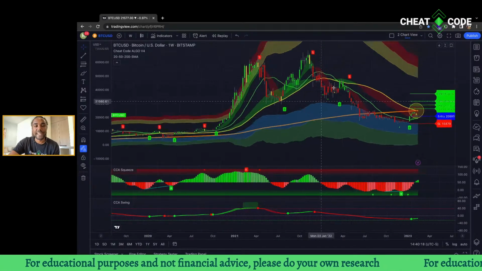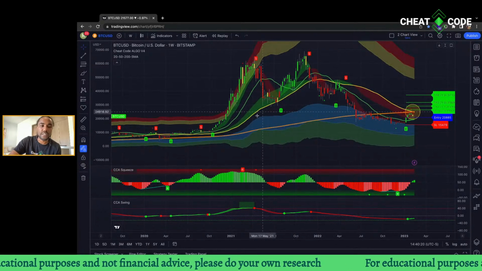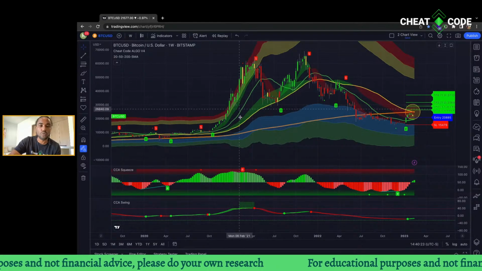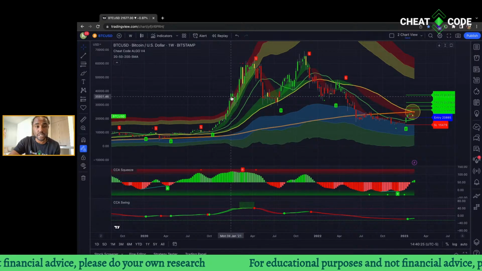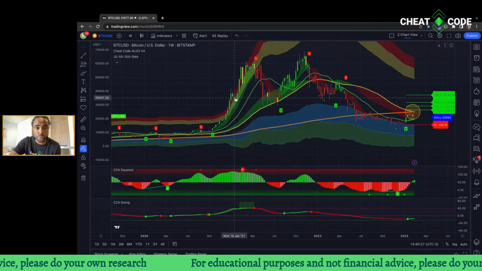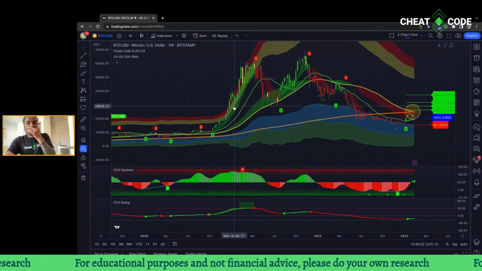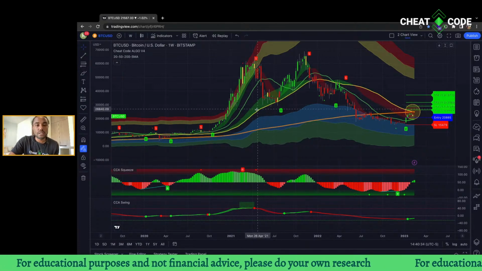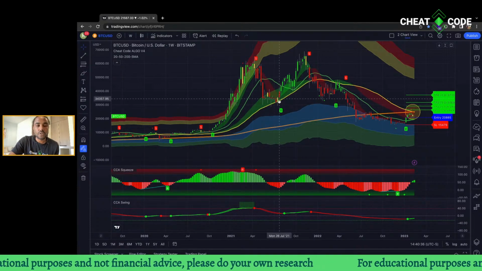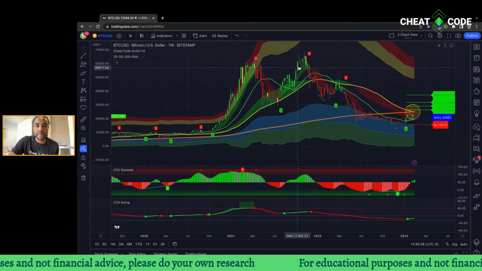A lot of times the 50 gives you those larger trends, because we're on a weekly chart. So each one of these candles equals one week. So 1, 2, 3, 4, this is an entire month right here. When you're looking at these charts, you can see the 50 here gave this trend support and it rallied back up.